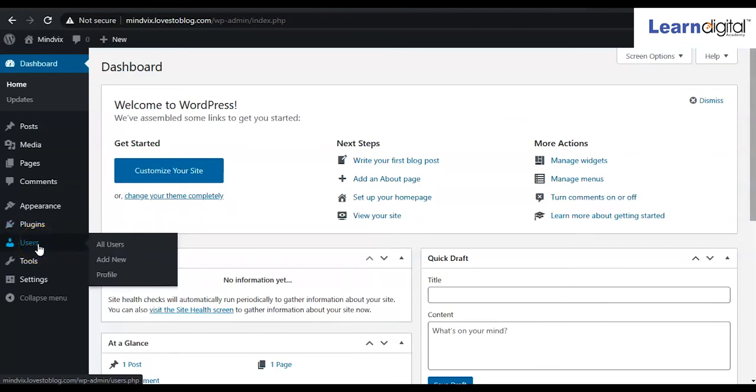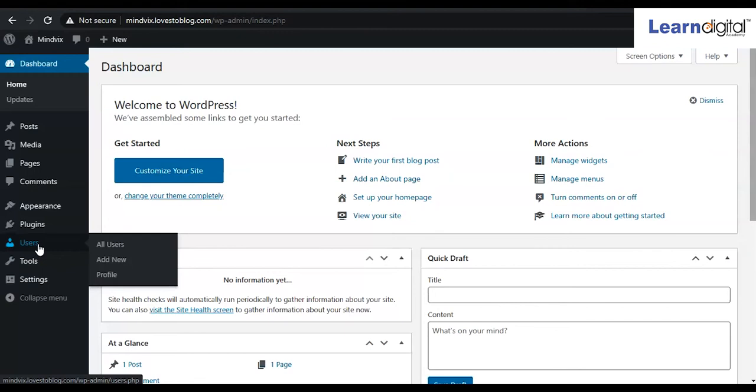Then Users. You can create a user and add more people to this website for accessing it from the backend. You can also assign a role to those people, like your team or subordinates, as a moderator, editor, or admin.